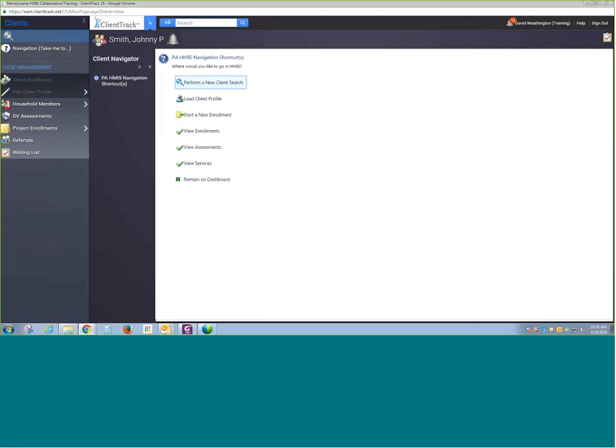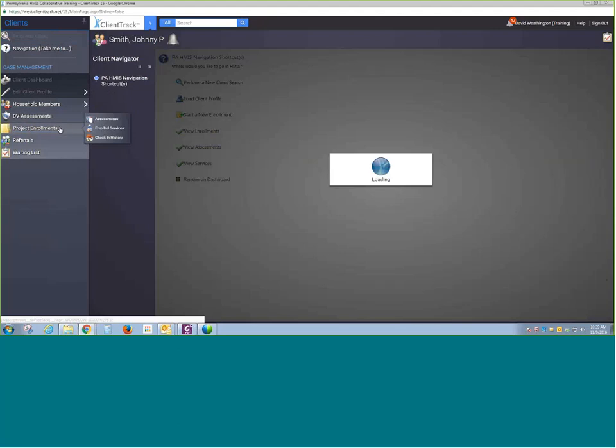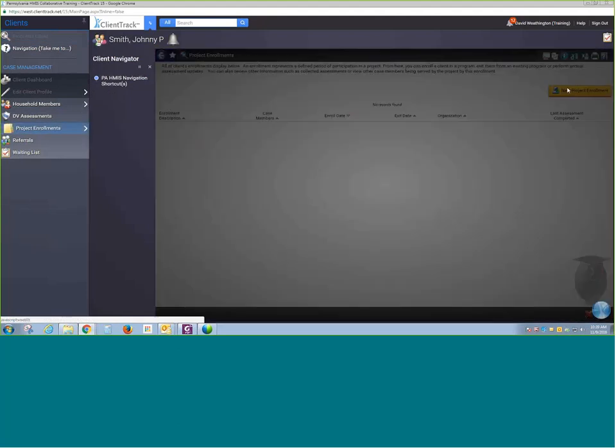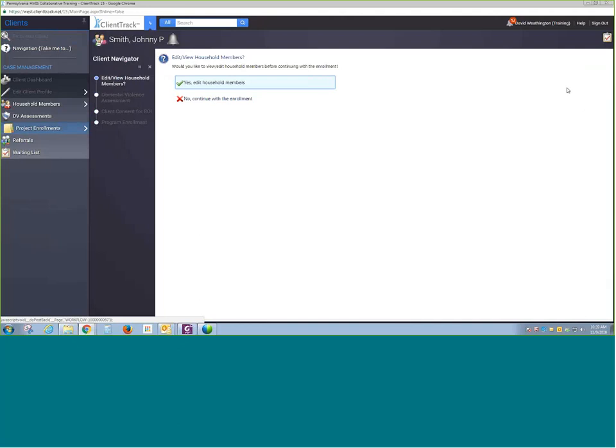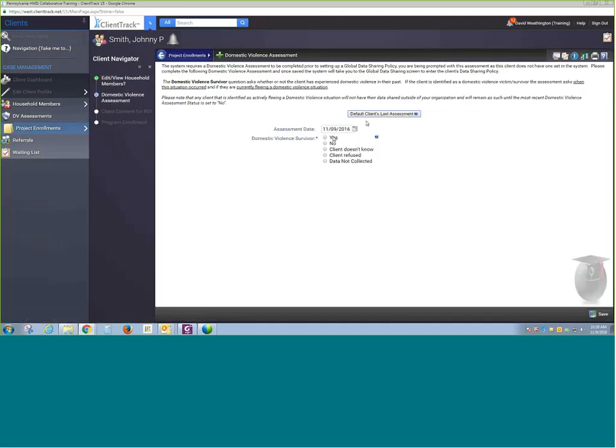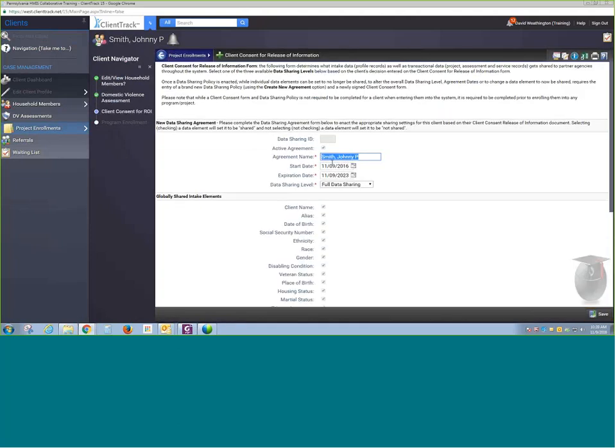And then once you do Save and Close and they're added, the household's been created, then it'll take you to your quick navigation menu, or if you're used to it, you can come over here to your project enrollments, click Project Enrollments, click Add New Project Enrollment, and then since we've already edited the household members and created the household, we'll go ahead and say no, continue with this enrollment. And then as you're going through, you're going to update the information that applies,